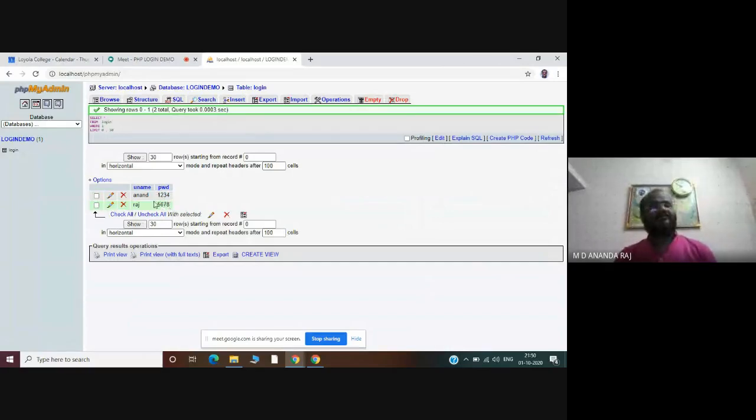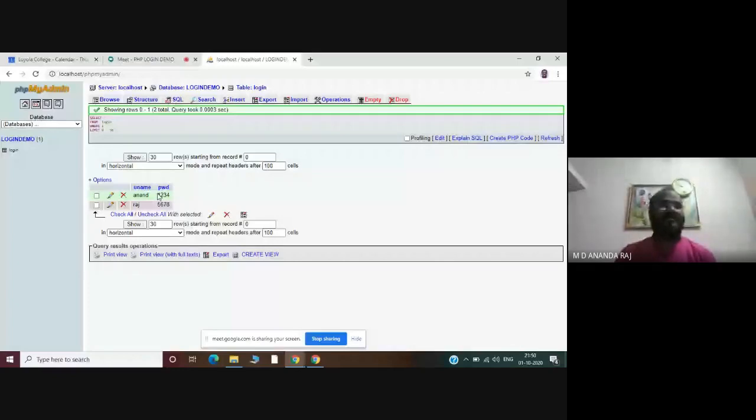Now I have to create a login form in my PHP. I have to provide the username and password in my login form, which sends the values by using the post method. The values are compared with the username and password in the table.